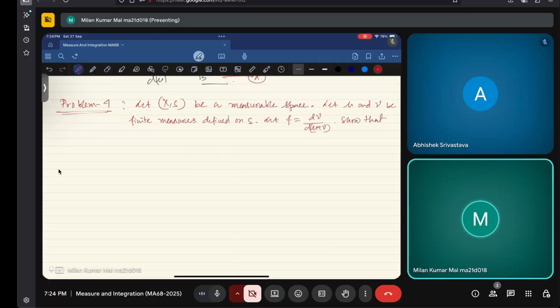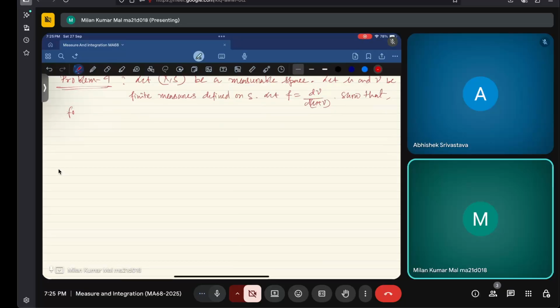Let f equal d nu by d(mu plus nu), so that for every E belongs to S, we have nu(E) equals the integration over E of f by (1 minus f) d mu. Okay, this is what it is. Okay, so